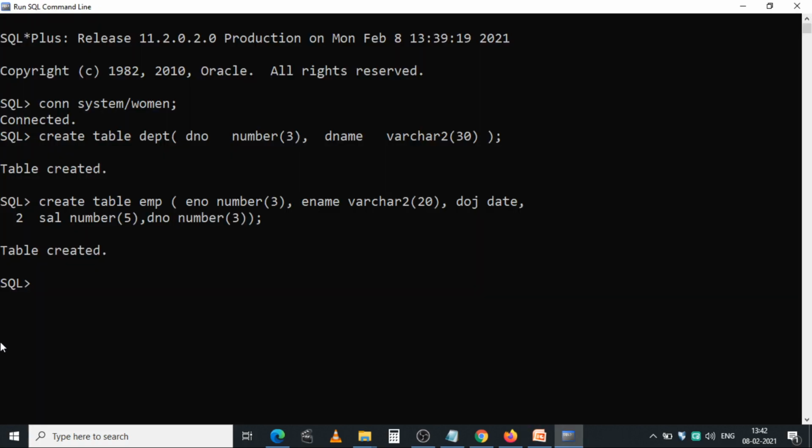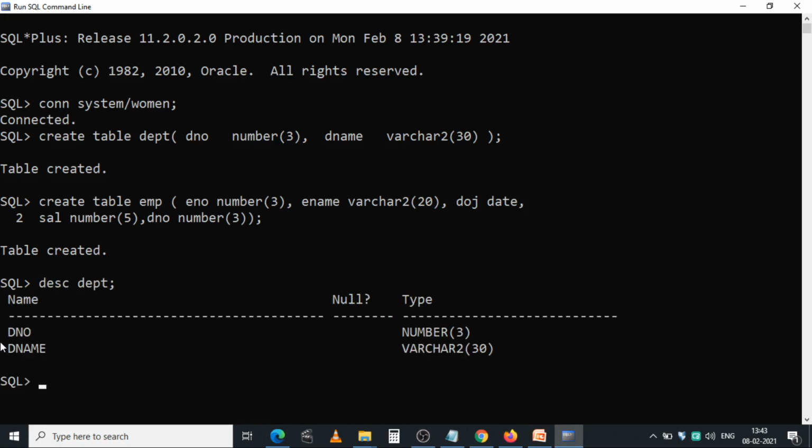Just see this practically. I want to see the structure of the department table, DESC DEPT. Just see this. It shows there are two columns in the DEPT table with their corresponding data types. Now I want to show the description of the employee table.